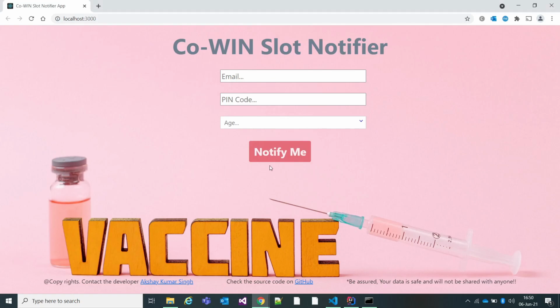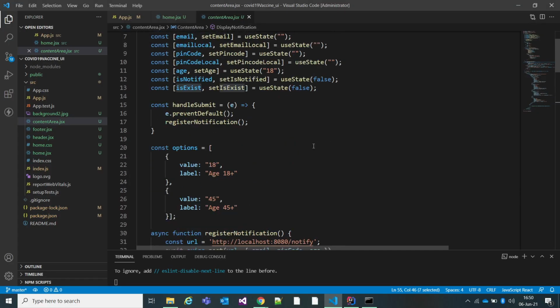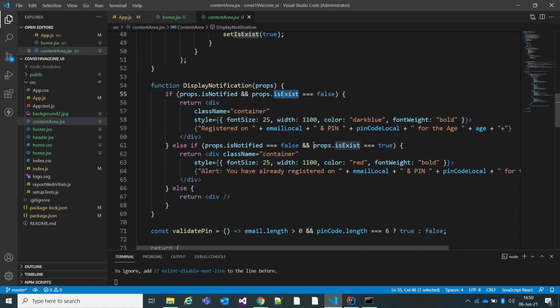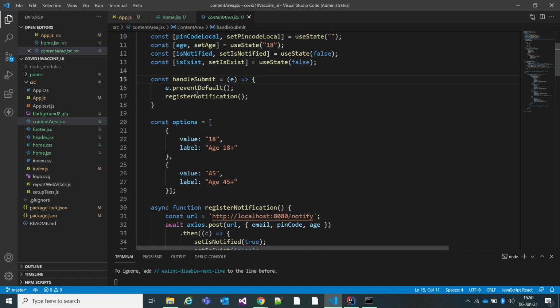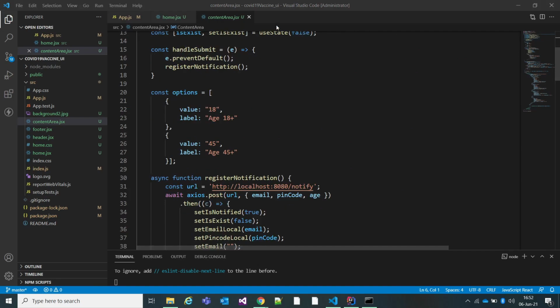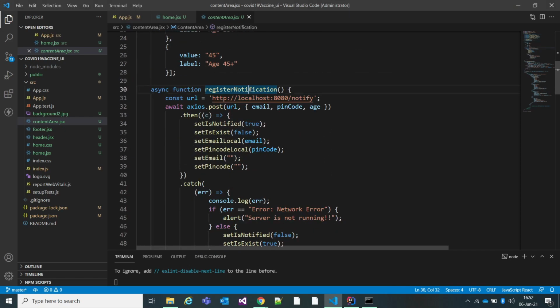Once the user hits the Notify Me button, what will happen? It will call handleSubmit, and handleSubmit is just registering for the notification. In handleSubmit, the registerNotification function is called. registerNotification will do a post request using Axios, to whatever URL you are trying to fetch.